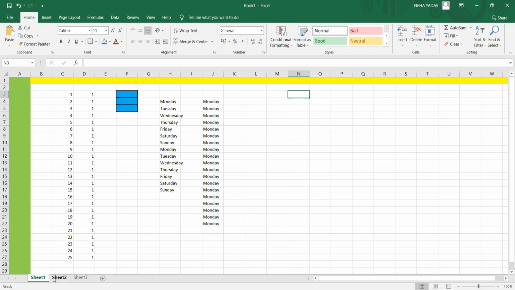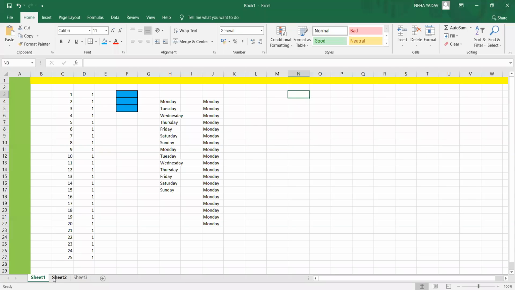And whenever you save this particular file, the name of the book will be changed to something that you define. So this is all about your workbook and worksheet. Now let us see what the components of this worksheet are.